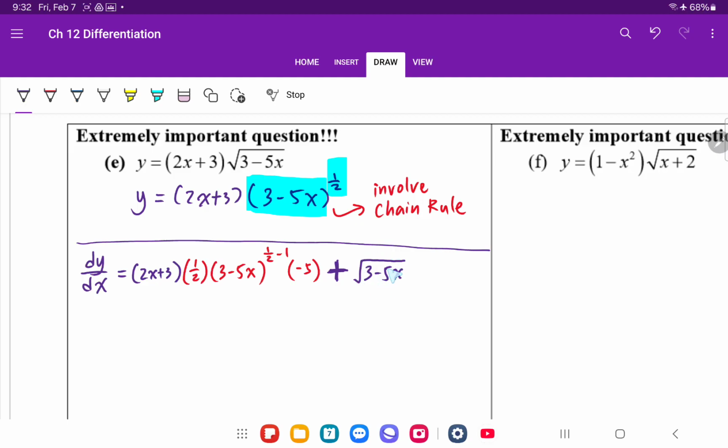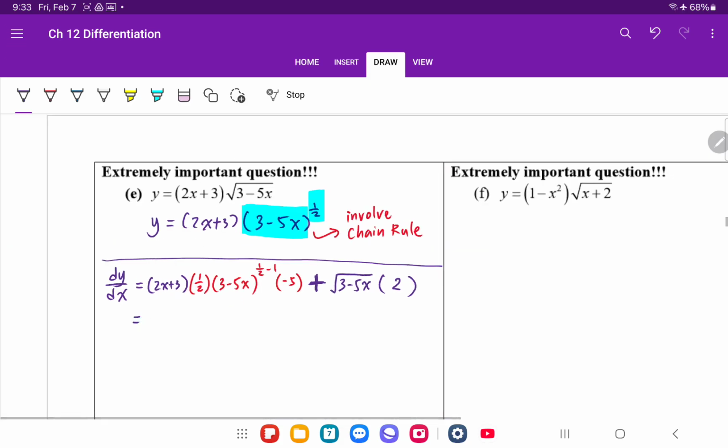So fix this and you differentiate the first factor. 2x plus 3 differentiated gives us a 2, and we are done for the second half. Next, let's do a bit of simplification. For the first term, negative 5 times half gives us a negative